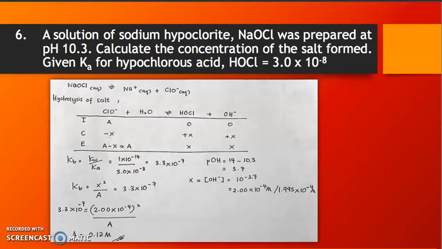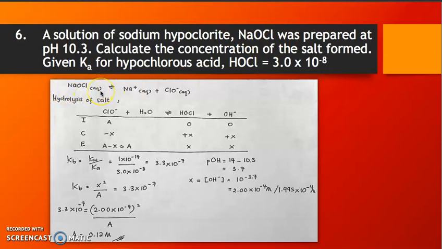Number 6. A solution of sodium hypochlorite was prepared at pH 10.3. Calculate the concentration of the salt formed. Given Ka for hypochlorous acid is equal to 3.0 exponential negative 8. First, get the